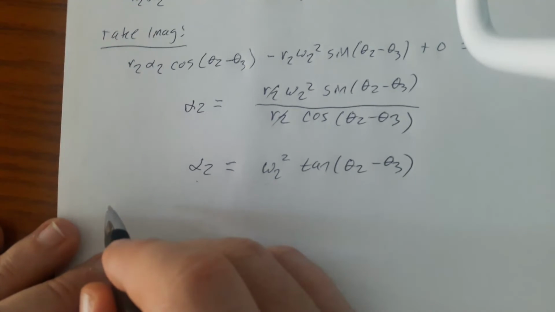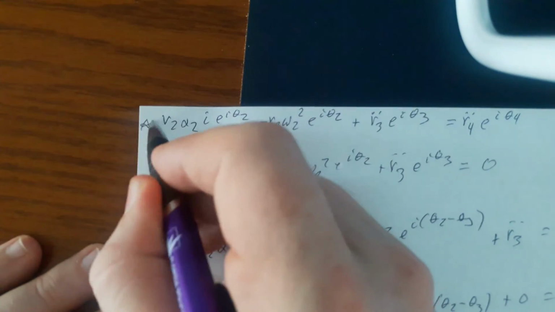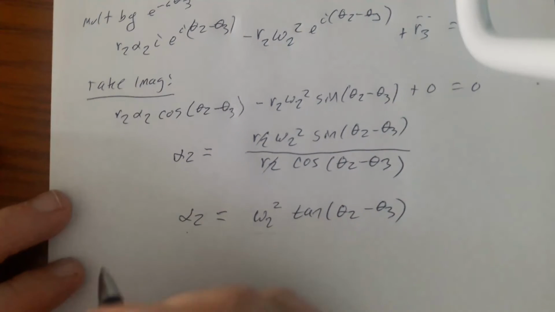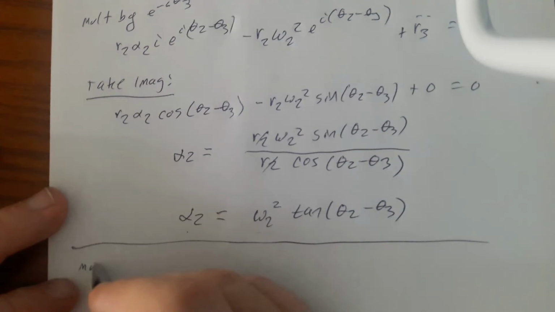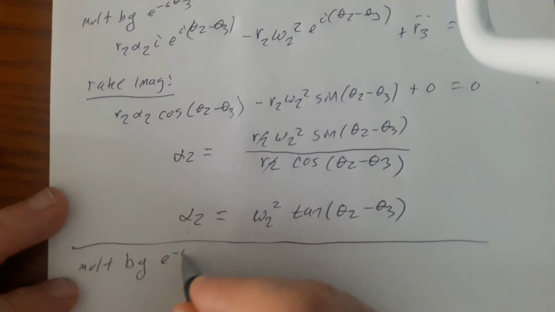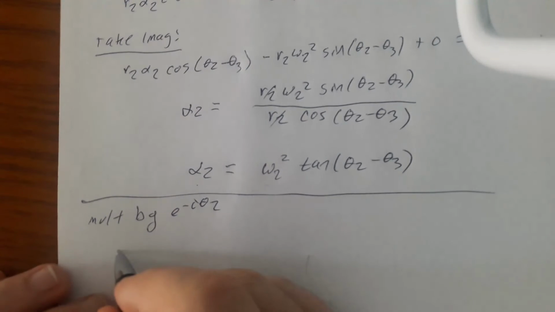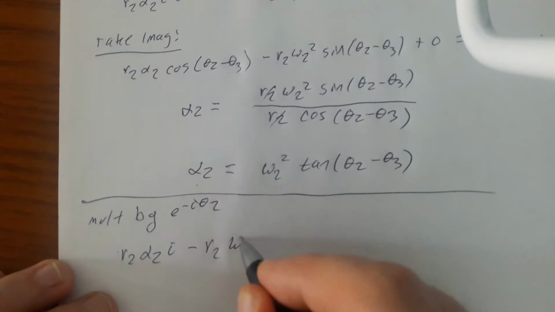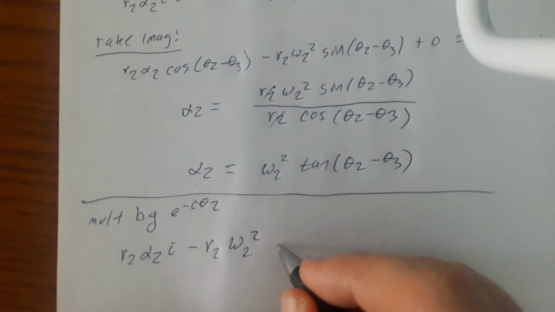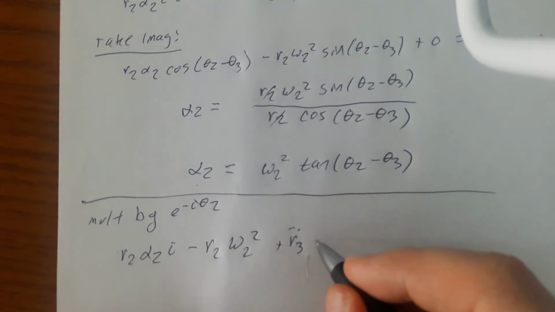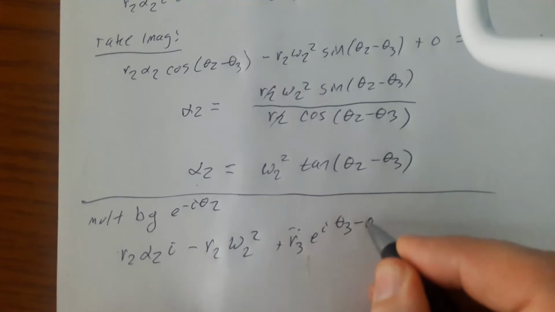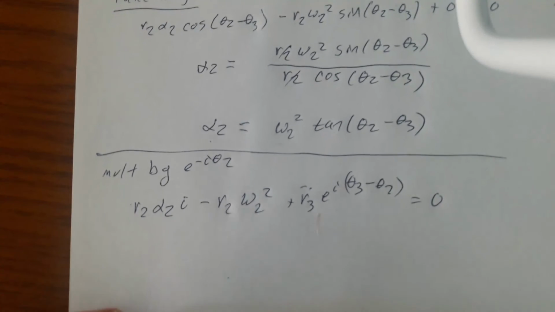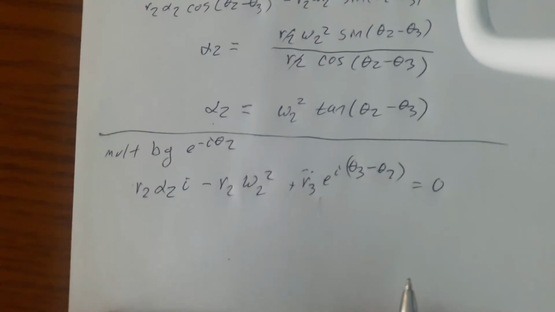We go back to our original equation, and we will multiply that one by e to the minus i theta 2, and that will give us R2 alpha 2 i minus R2 omega 2 squared plus R3 double dot e to the i theta 3 minus theta 2, and that's going to be equal to 0. And so we want to get rid of that term, so we're going to take the real part,